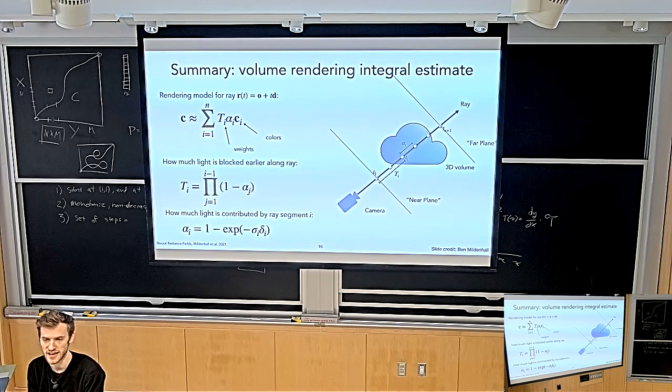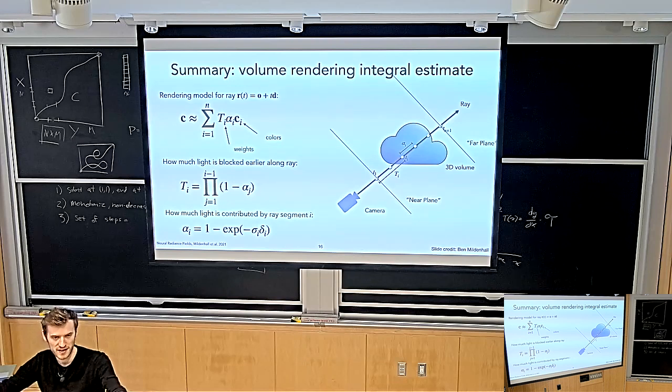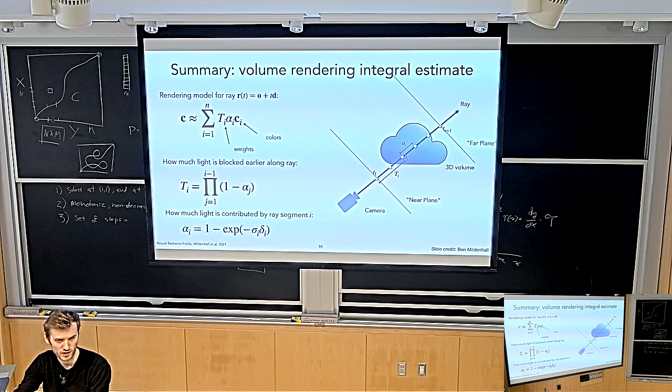Radiance field means that at every 3D coordinate, the scene representation, like the voxel grid or the neural field, maps that 3D coordinate to a color, which is the radiance, the amount of light emitted at that 3D coordinate, as well as the density. So it's basically modeling the scene as a cloud of particles, where every particle is emitting radiance with some color, right? So that's the model of the scene.